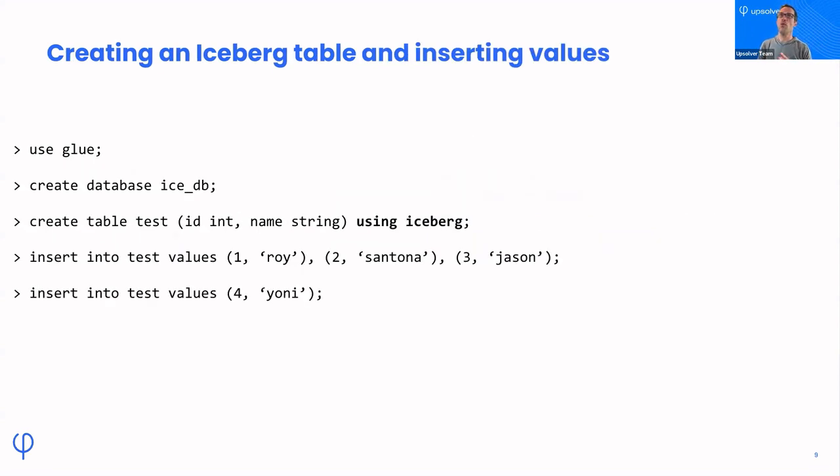Okay, so what does creating Iceberg tables actually look like? Right now, I'm just using Spark SQL, as you saw before. Very, very simple. There's not a lot of complexity here. The first thing is you want to use the catalog that you just created, right? Actually, you know what? I'm going to switch my share to show you